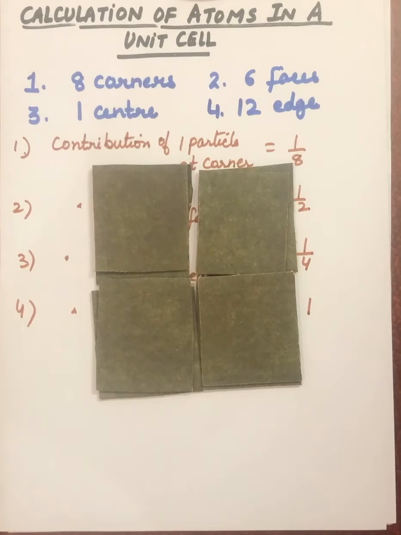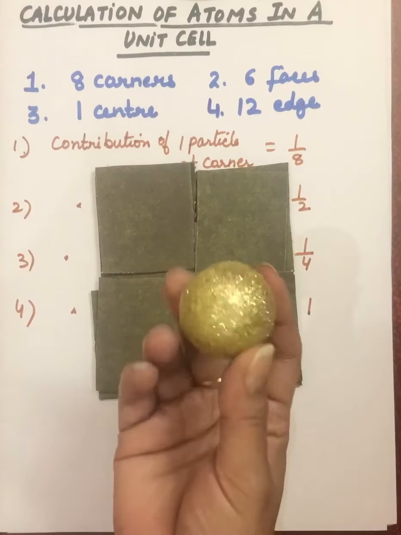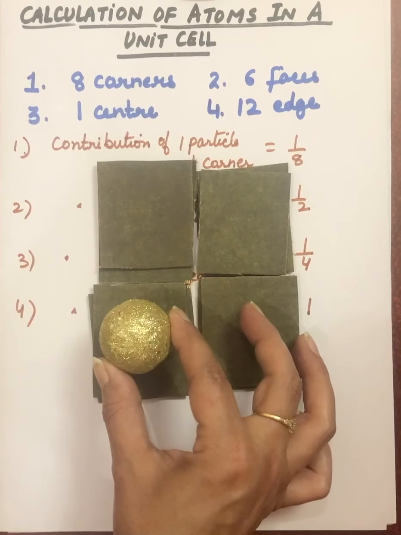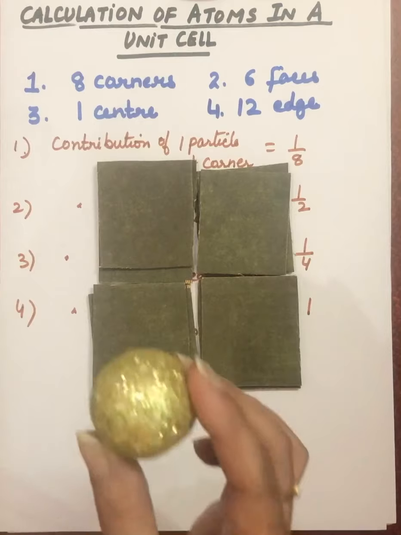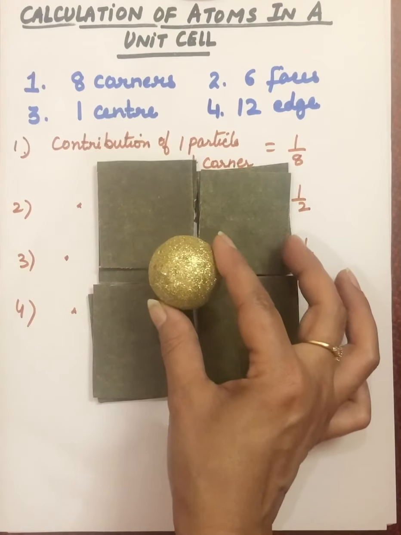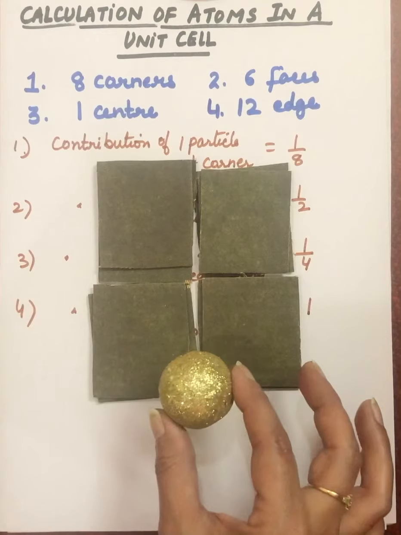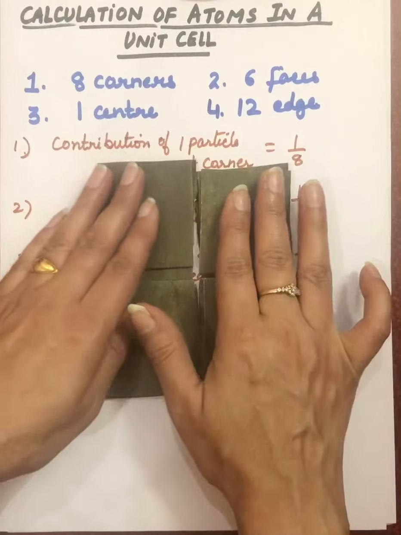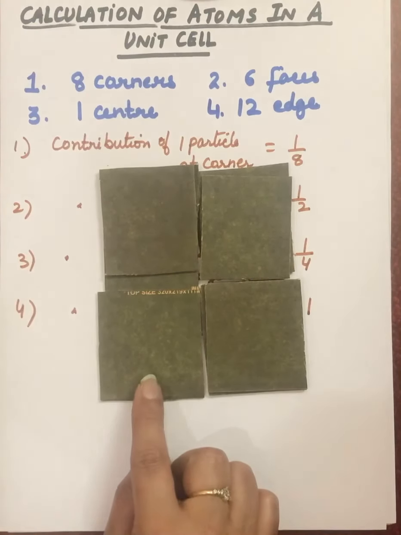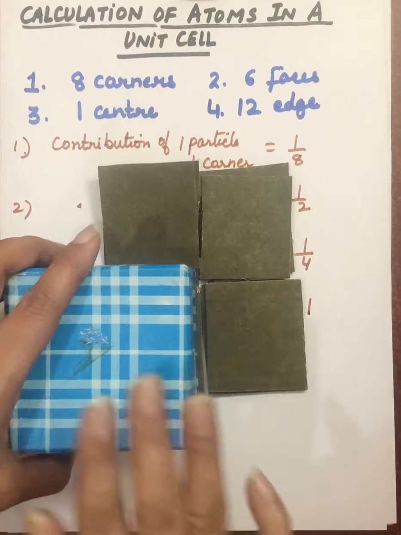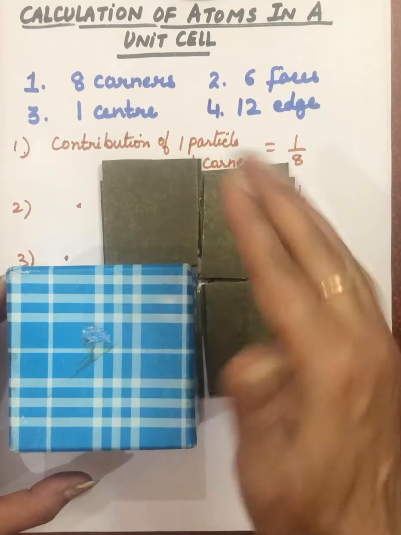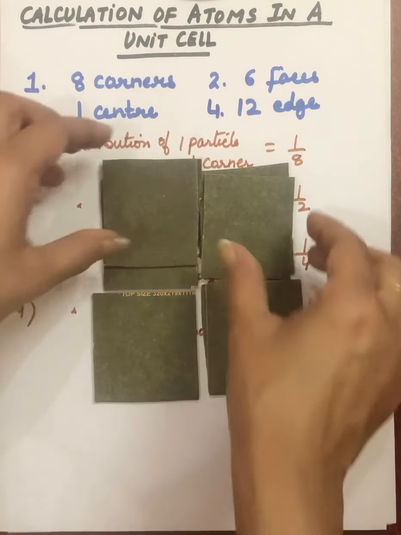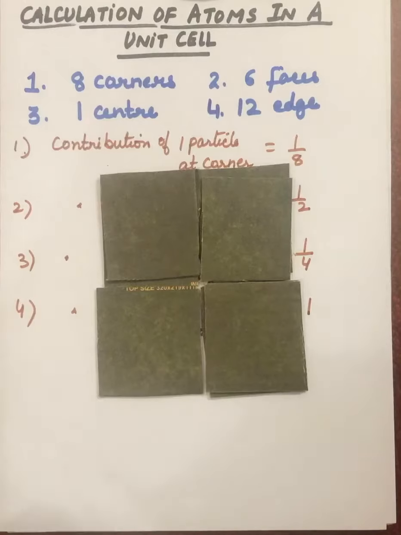And actually the particles are like spheres. They are present at the corners of the unit cell, at the face center, body center, like this. But I can't keep sphere particles here and explain it to you. So see, this is your one unit cell, this is your one cube. One we are keeping adjacent to this, one on this side, and 4 we keep on the top. Like that, we are taking up these 8 unit cells.